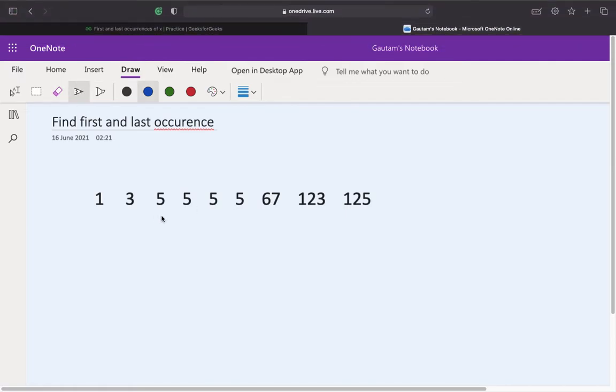So for example, this is the array and the target element is 5, right? So now the index is 0, 1, 2, 3, 4, 5, 6, 7 and 8. Let me change the color. Yeah. So what binary search says is start with the middle of the array. In this case the middle is 4, so we'll start with the 4, right?